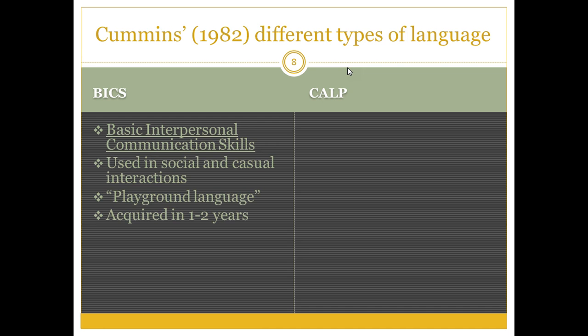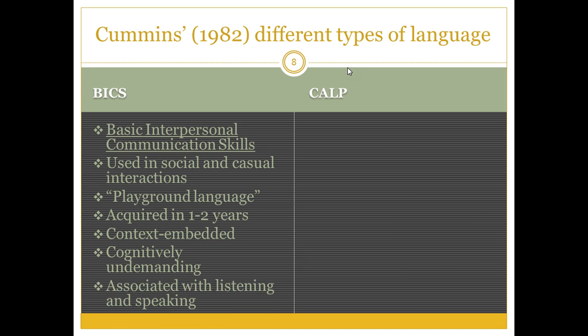It's acquired in just 1 to 2 years normally. It's usually context embedded, so you can figure out what's happening just from the clues and the visuals around you. Cognitively, it's fairly undemanding, and this type of language is usually associated with listening and speaking. But in this presentation, I'd like to explore how BICS can be used to teach and to help students develop CALP. So CALP, on the other hand,